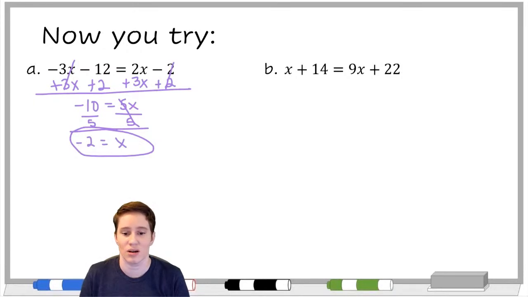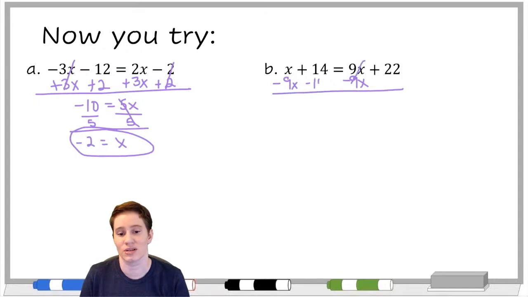So I'm going to be different this time, and I'm going to move the 9x over to the left, even though that is going to give me a negative number. If you did it the other way, that's fine. Hopefully either way we should get the same answer, whichever way we decide to do it. But if you made a mistake and moved to the right, hopefully you'll still be able to figure out your mistake. So I'm going to subtract 9x from both sides